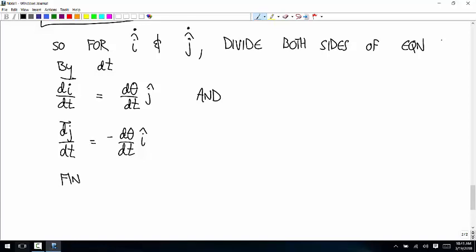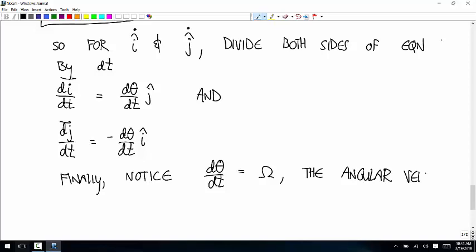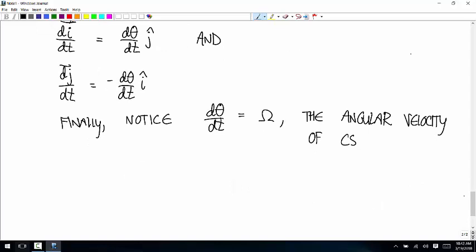And finally, notice that d theta dt is equal to, we're going to call this capital omega. No, this is the angular velocity of the coordinate system. Nope, not ohms. Okay, so we have,